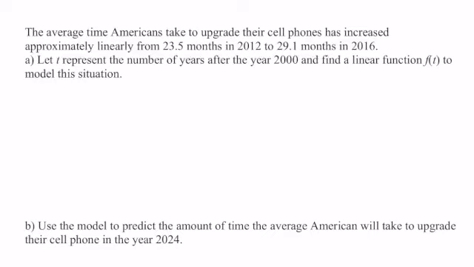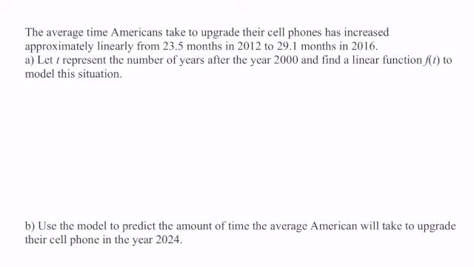Let's look at an example where we need to find a linear function to model a given situation and use it to answer a question. Our problem reads: the average time Americans take to upgrade their cell phones has increased approximately linearly from 23.5 months in 2012 to 29.1 months in 2016. Let t represent the number of years after the year 2000 and find a linear function f of t to